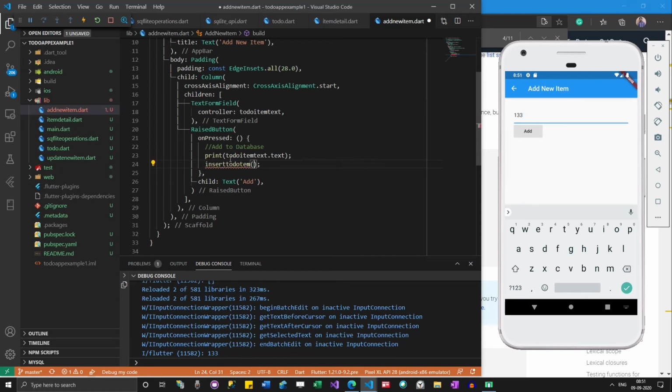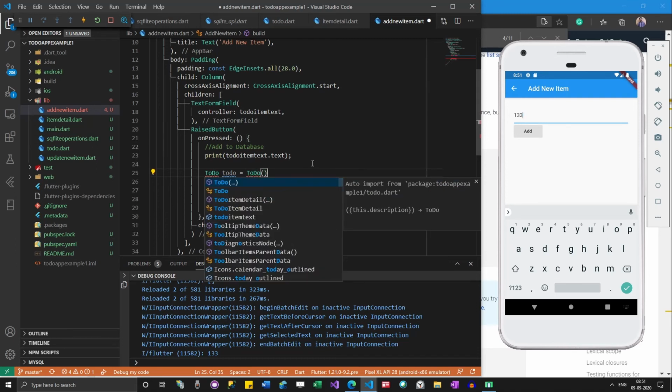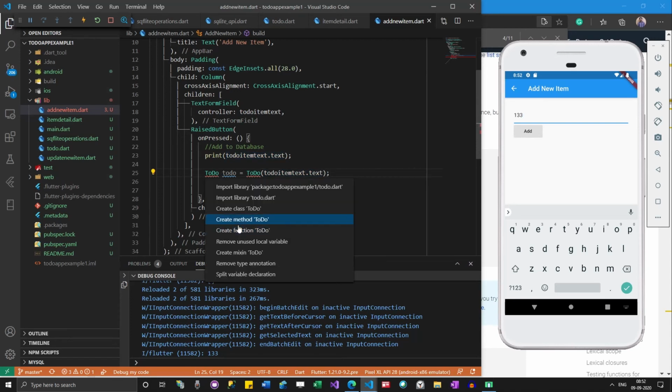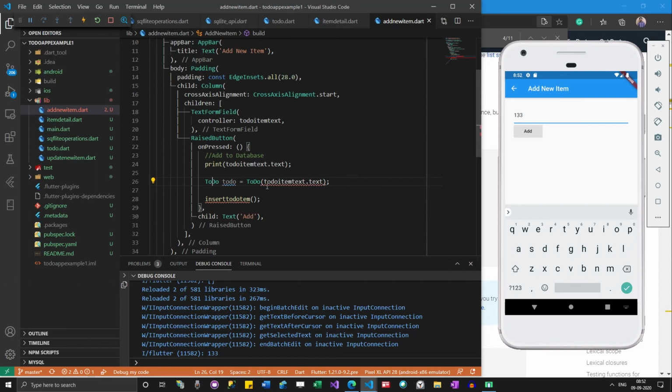So all you have to do is create a todo object. Todo is equal to Todo.of.